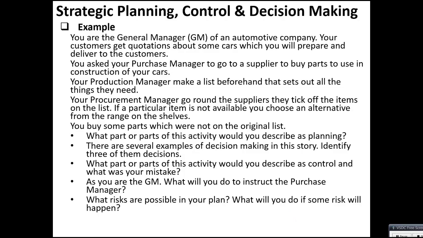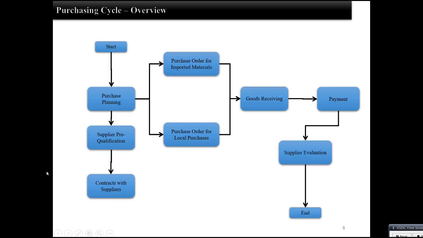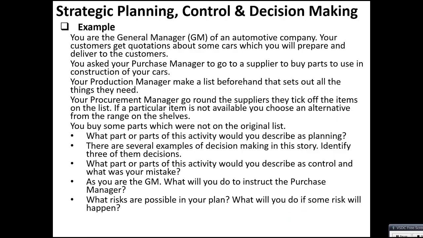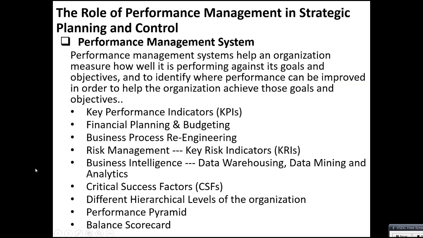But if you don't have any history, then you first have to decide which suppliers you are thinking about, go to all of them and see their pre-qualification. You will decide whether one supplier or many suppliers are better for you based on your prices